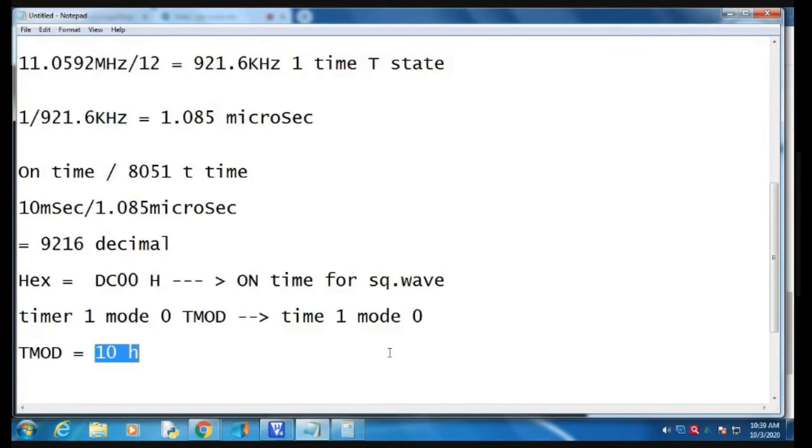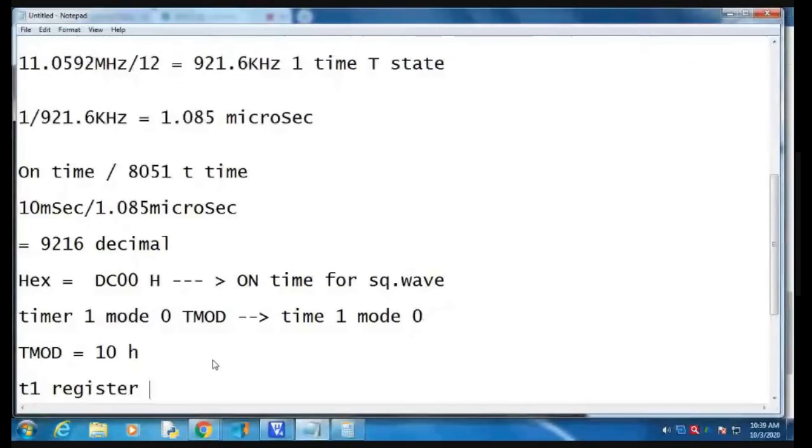Are you able to understand this part? Yes, sir. Very good. Now, for timer 1, we configure the TMOD as 10. Because we are using timer 1, we use the timer 1 registers.